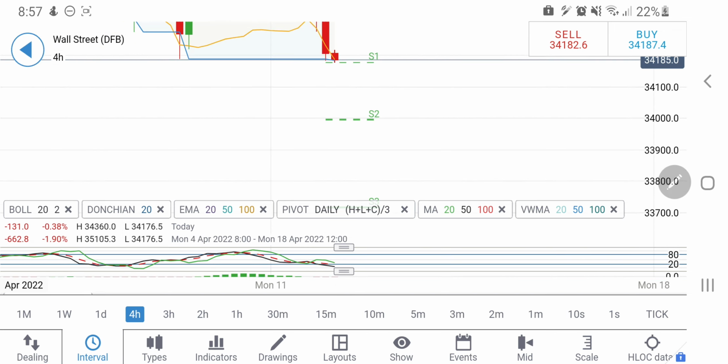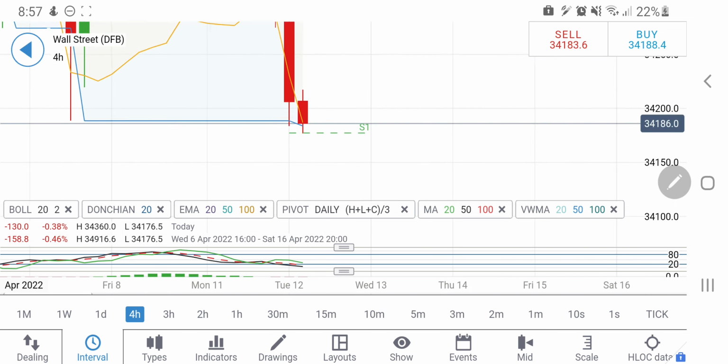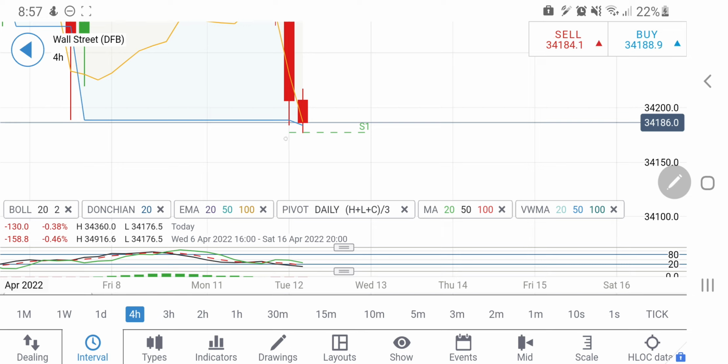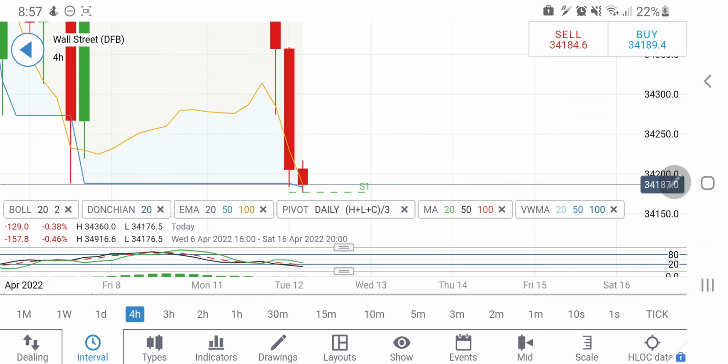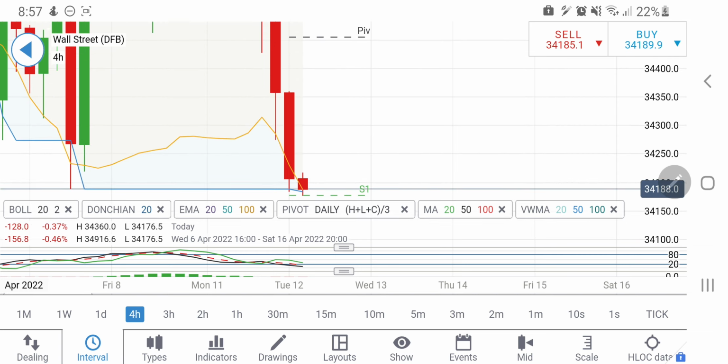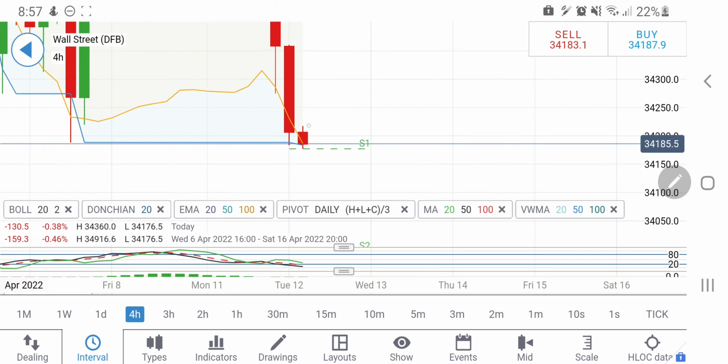However, look at the 4-hour charts here. On the 4-hour charts, see, it has got a good support here at around 34170 levels, and now if you see it trading above 34220, you can expect it to rise again. And how far this could go, that needs to be seen here, because the reversal cannot be confirmed in a single red or green candle. We have to be watchful of the second green candle also.